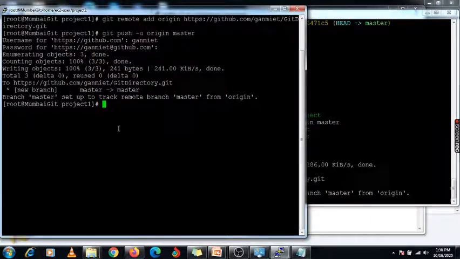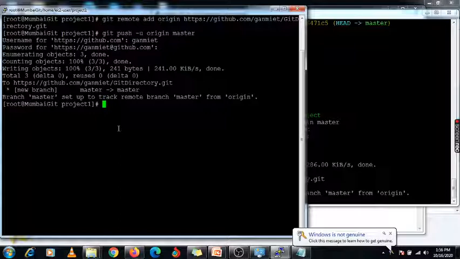Again, you can pull this, because whatever code he has updated, he needs to check it again. So the same process he needs to follow. So this is the method you can use to write your code, and how you can push your code from the local repository to your central repository, and pull it from the central repository to the local repository. You can do it on your own.